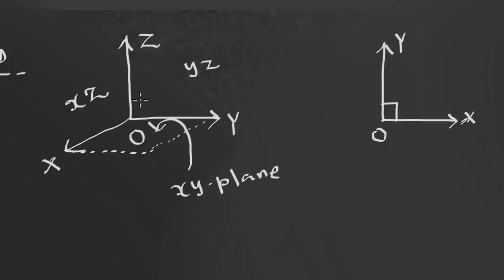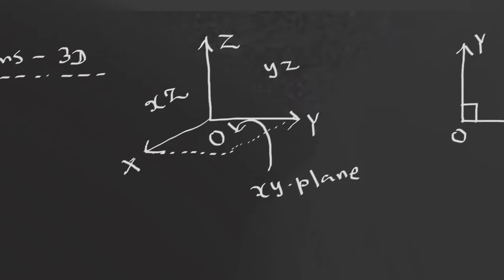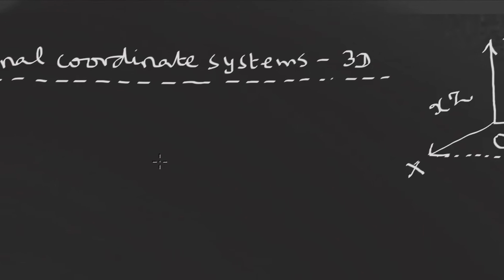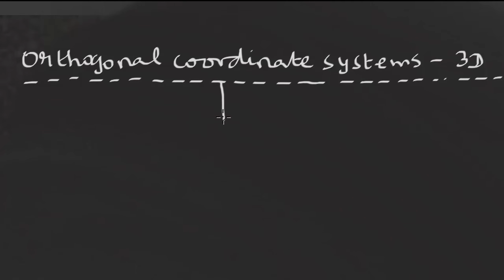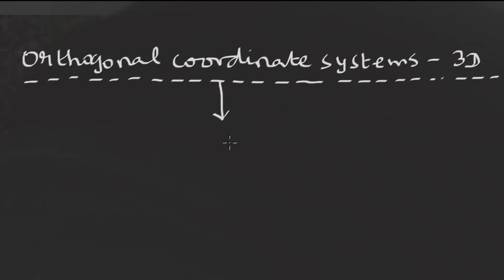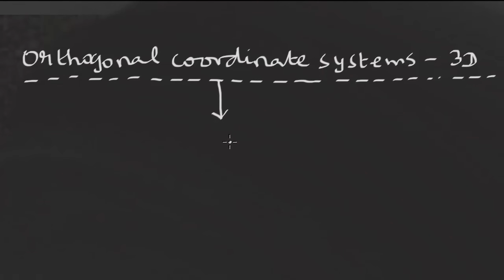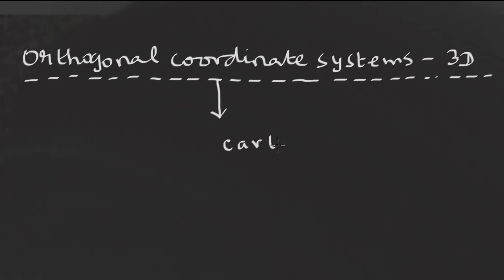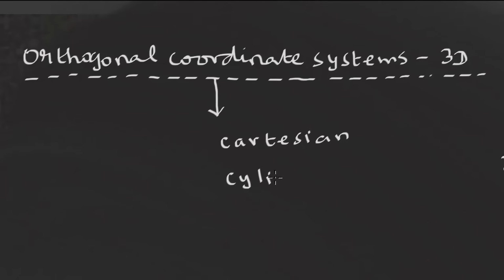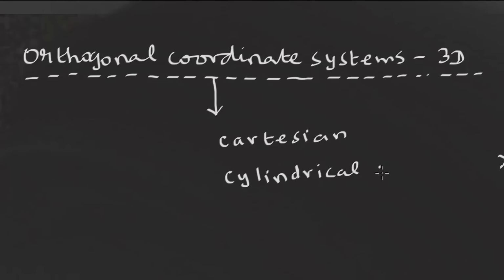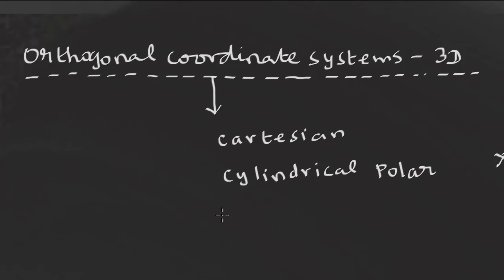But this is not true only in the Cartesian system. It is also true for polar. That means irrespective of whatever coordinate system that you are going to choose, the orthogonality is present. That is why these coordinate systems are known as orthogonal coordinate systems. In particular, we are going to see 3 types. The 3 are the most frequently used, most commonly used. So therefore, they are the 3-dimensional Cartesian, 3-dimensional cylindrical polar, and the 3-dimensional spherical polar.